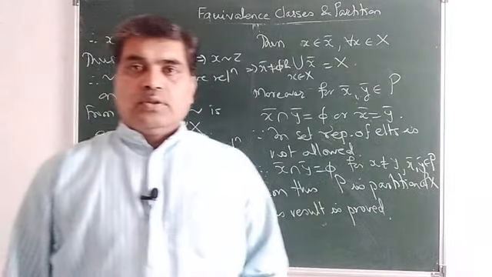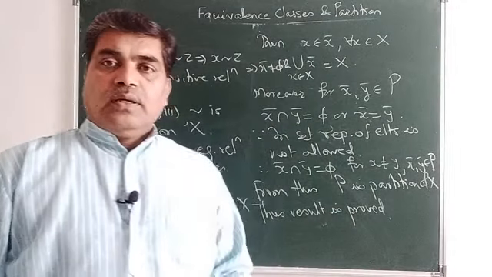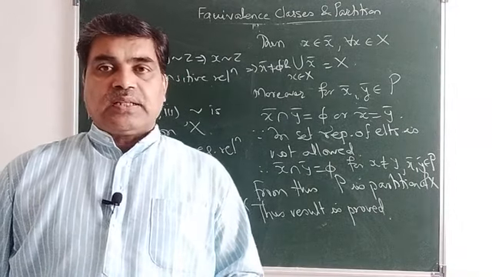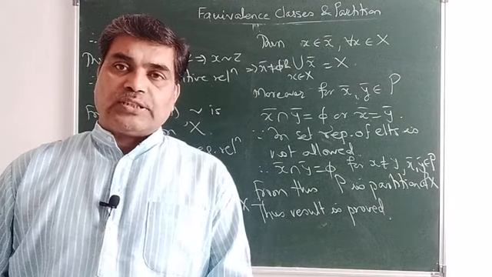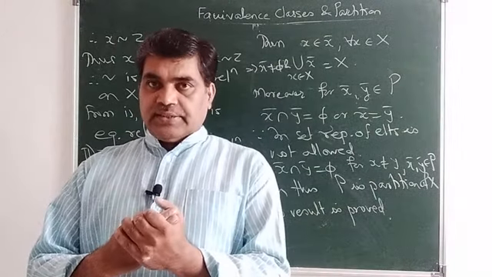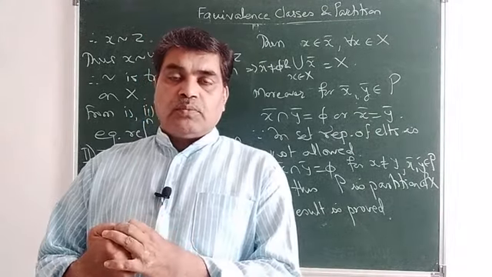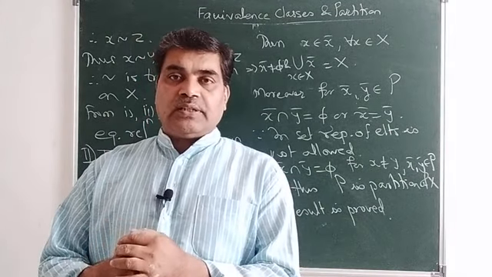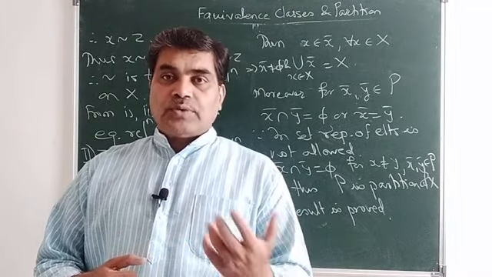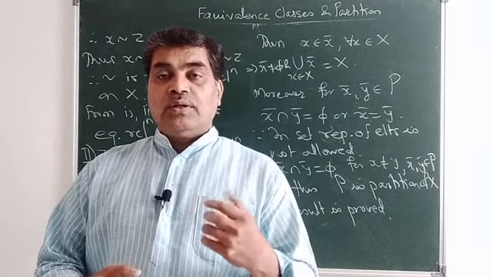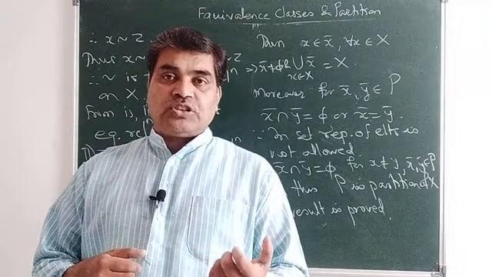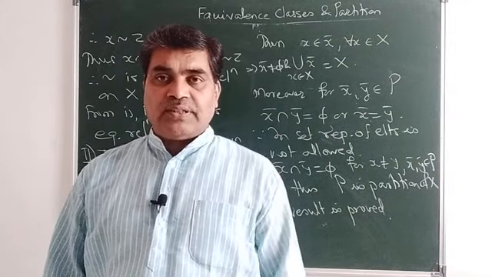So we proved that every equivalence relation defines a partition of set X, and conversely, every partition always defines some equivalence relation on X. So there is a one-one correspondence between equivalence relations and partitions of the given set, which is very important for constructing all possible equivalence relations defined on the non-empty set X. So in the next lecture, we will see how to construct the partition of a given set and how that partition defines the equivalence relation on that set, and how those partitions are useful to find all possible relations defined on the given set X.